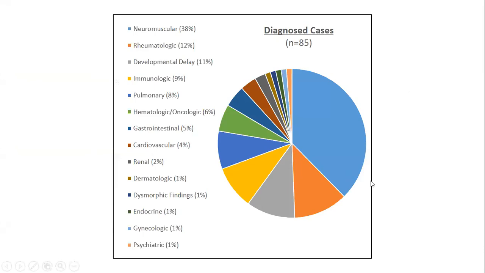This is a pie chart of the kinds of cases, and there's a bit of bias here. So neuromuscular is a big component of diagnoses. I think that's because one of the early diagnoses we made was a neuromuscular problem, and it caused the neuromuscular clinic to refer lots of patients to us. They said, oh, this is cool, we can actually get answers in some cases. And that has really been very productive. Doesn't mean we can always treat them. Sometimes it's just an answer.